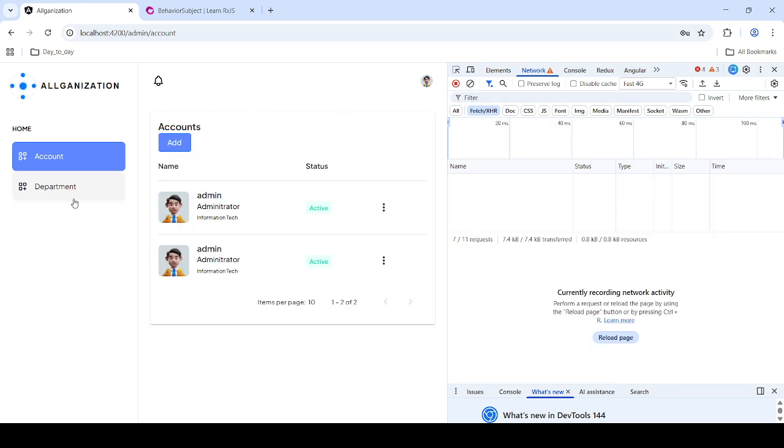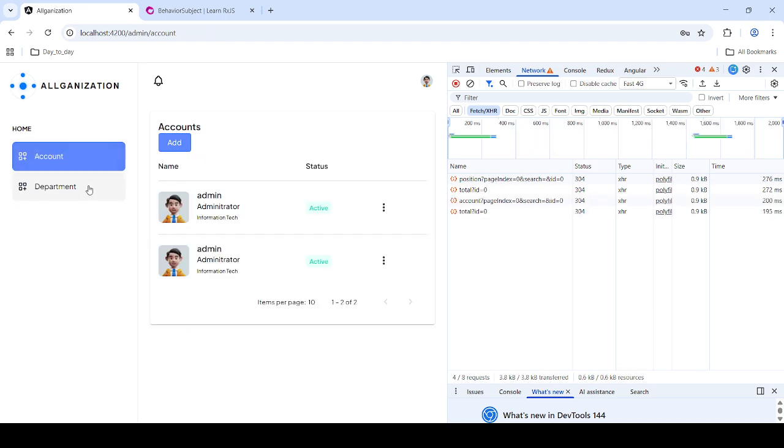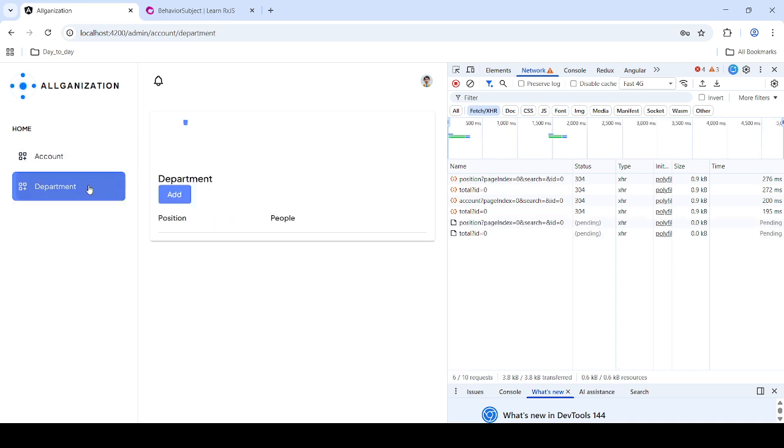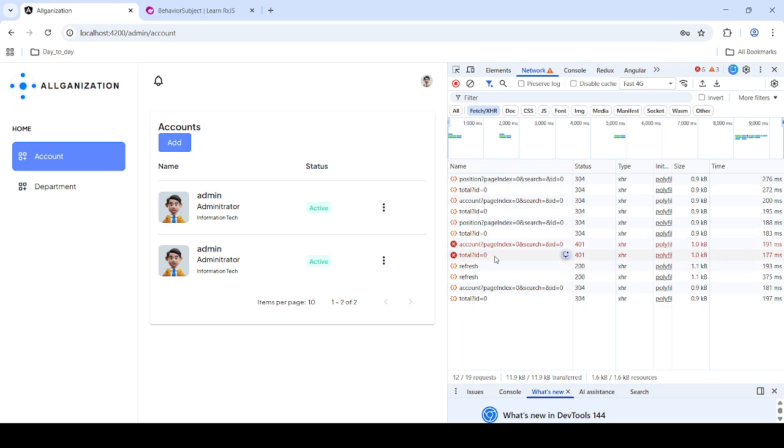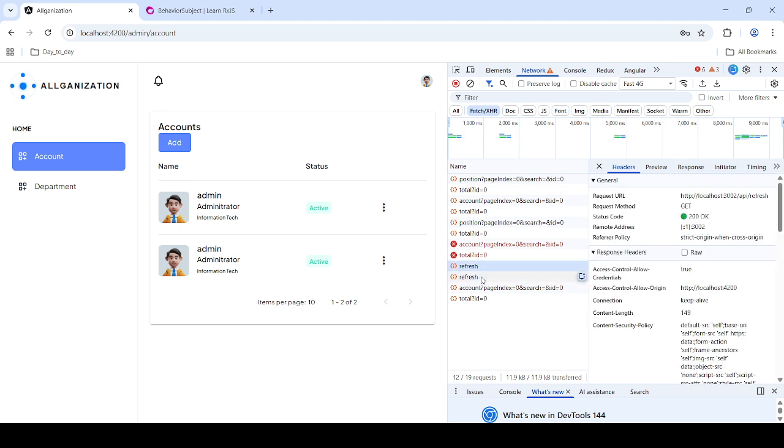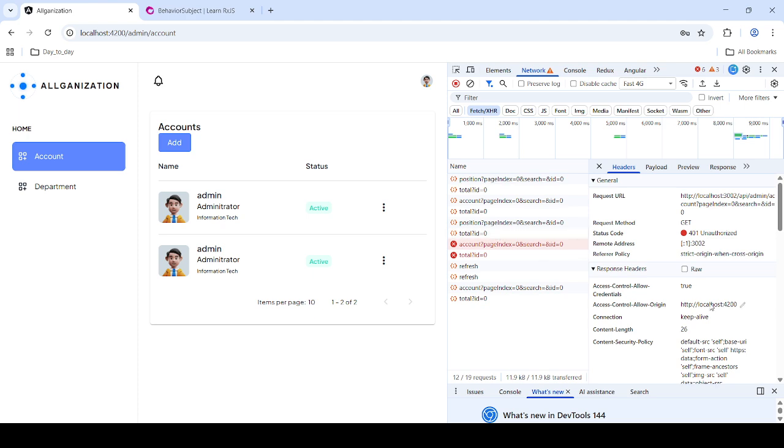I set the back end token for now to 15 seconds just to make an example. After the 15 seconds, the token will expire, so it will request a refresh token. As you can see here,